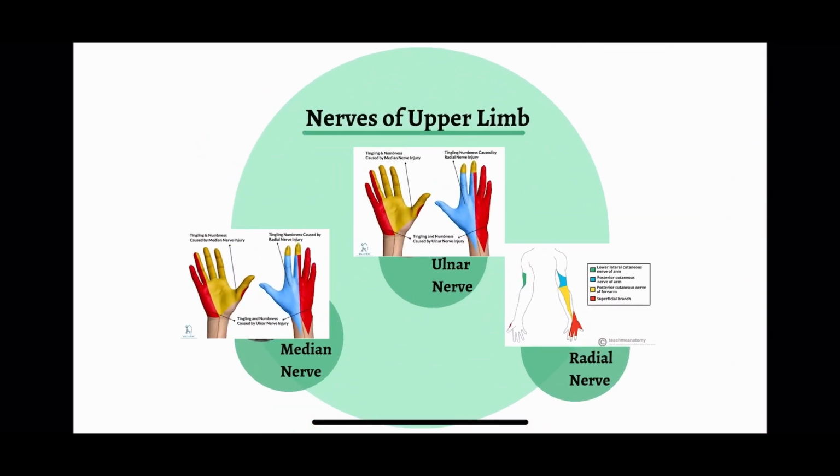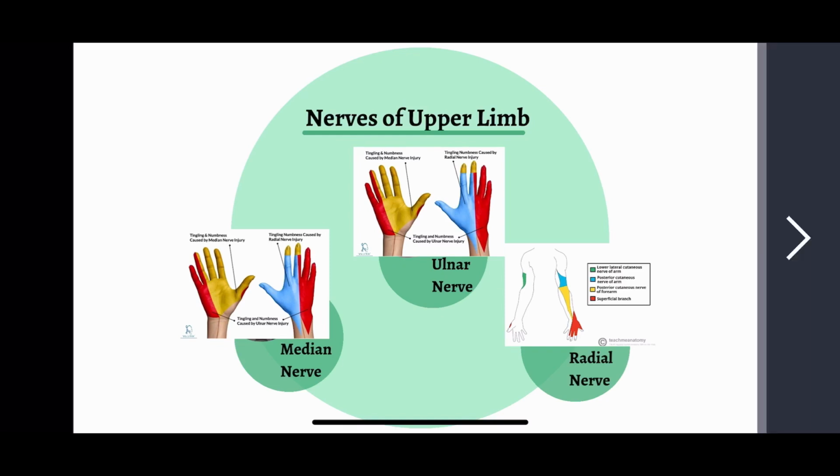So coming to the topic, nerves of the upper limb: main nerves, median, ulnar and radial. Because these are clinically important, they are important from the exam point of view. Median nerve and ulnar nerve are the confusing ones because both of them supply the volar aspect of the forearm and hand. The radial nerve is distinct, supplies the arm and forearm extensor compartment. So it has different functions and you generally will not confuse it with other nerves.